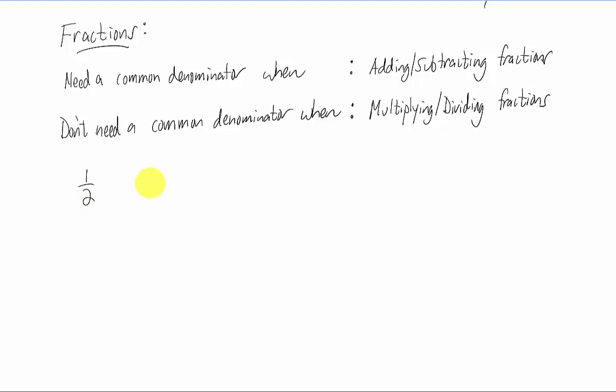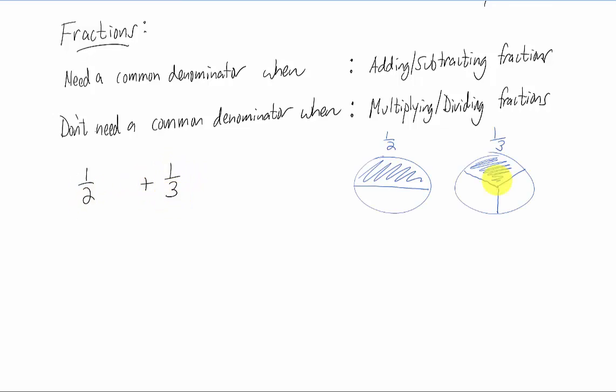Let's add 1/2, leave a lot of room, plus 1/3. Now, most of arithmetic can be broken down into sticks, stones, and pizza. And in this case, if we're talking about fractions, we can think of that as pizza. So what we're trying to do here is add 1/2 and 1/3. If we have 1/2 of a pizza and 1/3 of a pizza, how much pizza do we have combined? And to be honest, you really don't know. It looks to me like you have a little bit less than one pizza, but exactly how much, I'm not